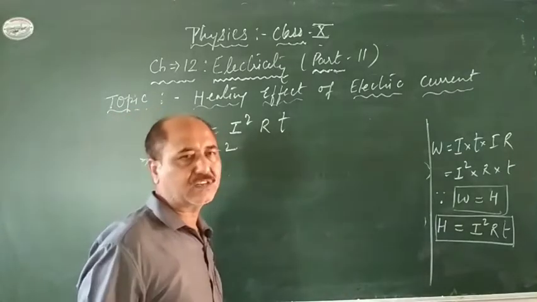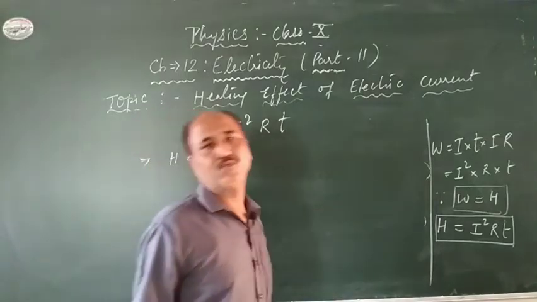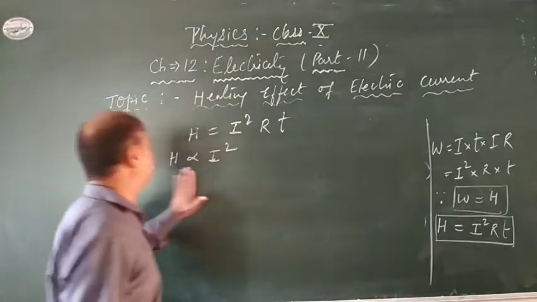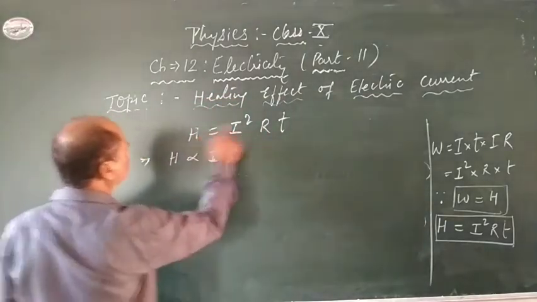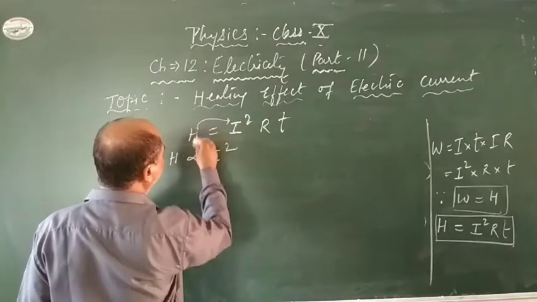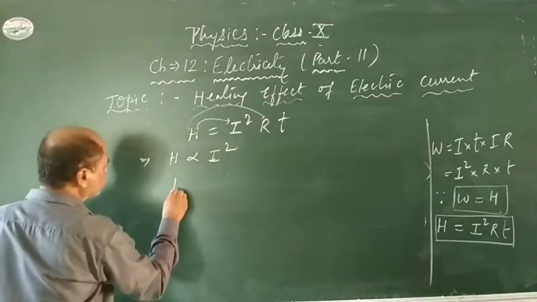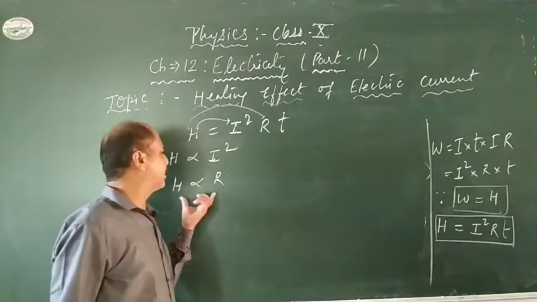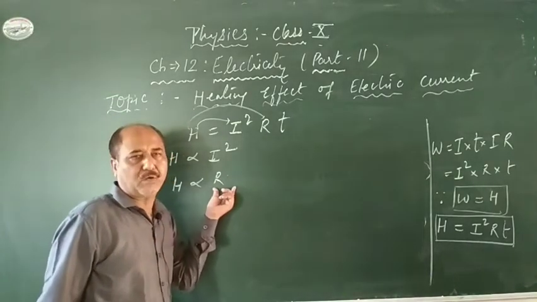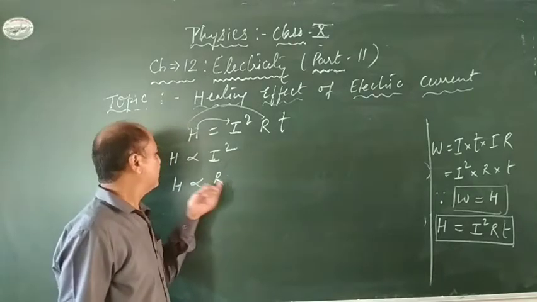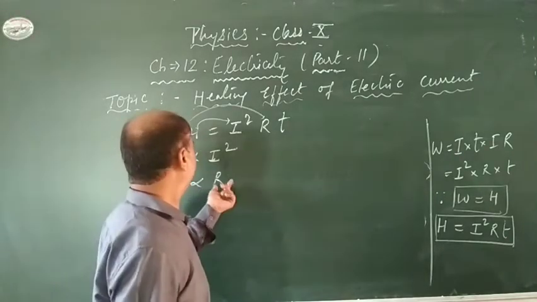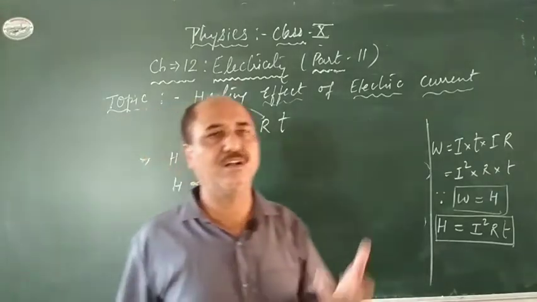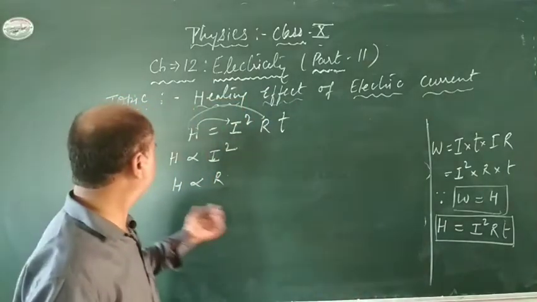And if you halve the current, then it becomes 1/4 of the heat generated there. And the second condition: the first is with the I squared, the second is with the R, that is also proportional to this R. If we are selecting a conductor having a very high resistance, of course it will offer more opposition to current and that electrical energy will be totally converted into heat.